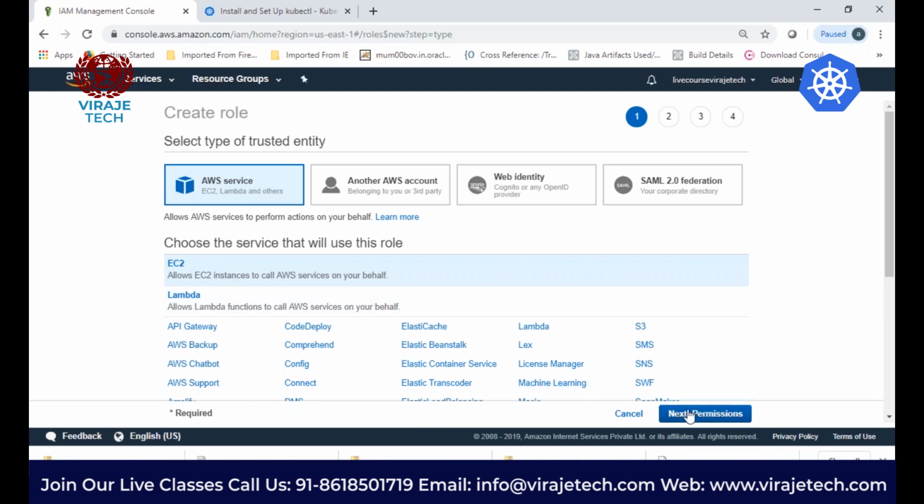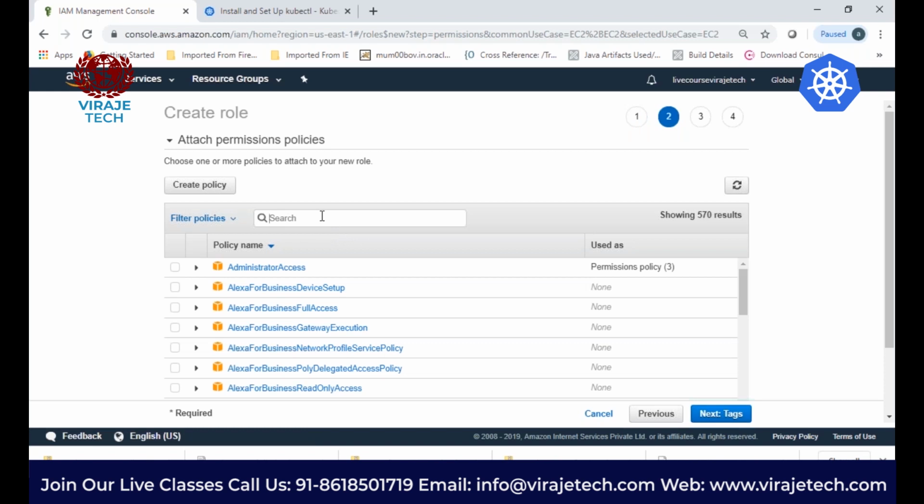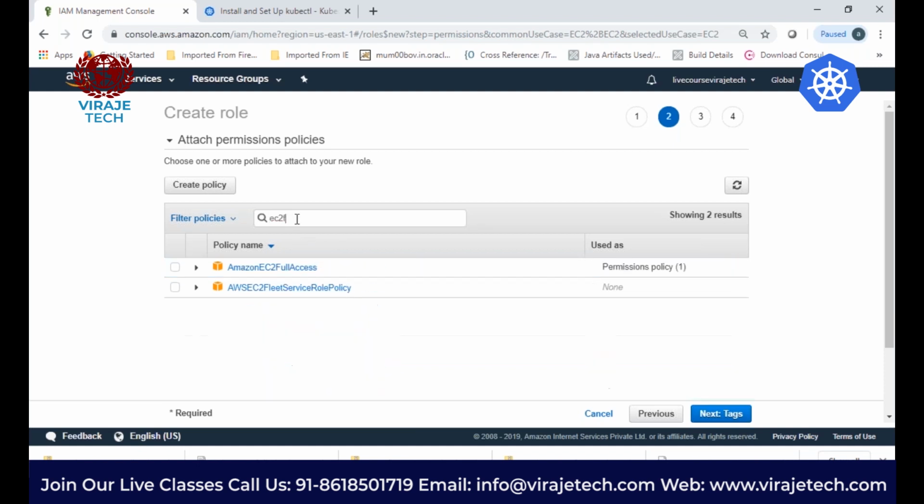Click on next, permissions. Here we need to provide some permissions. Even though we can define them for a specific user, as of now the simplest way I am telling is to use the administrator access. Then you have all the access and you can do your implementation successfully. But in a production environment, or professionally, don't use administrator access. You can use only EC2 full access